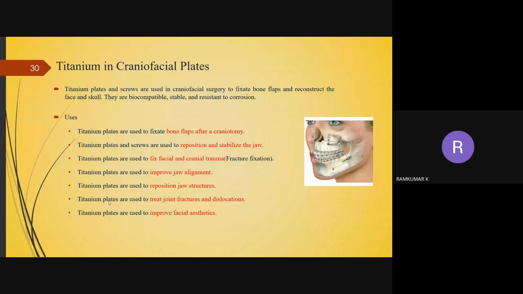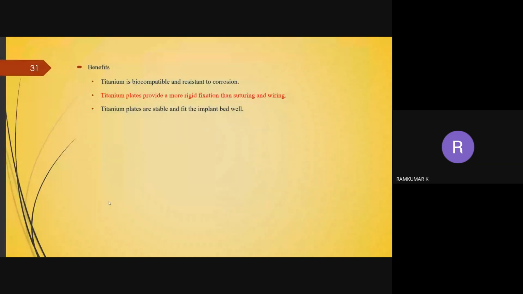And as I said before, if there is any joint fracture or dislocation, they also use it. If you want to improve the facial aesthetics, titanium plates are used there also. Titanium has better biocompatibility. It provides more rigid fixation than suture. Suture is nothing but putting stitches. Instead of that, we can use titanium plates and screws to fix the